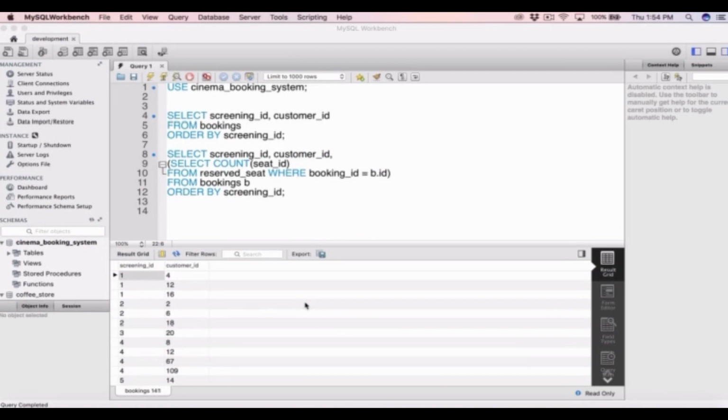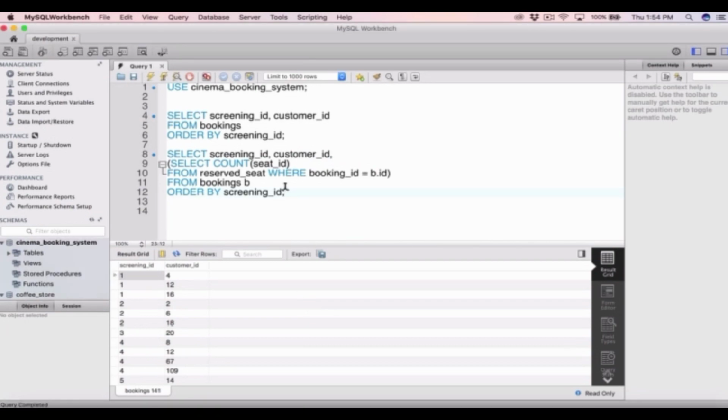Correlated subqueries are where the inner query can't run independently of the outer query. So here we have our example from before. For a correlated subquery, we have select screening ID, customer ID, and then our inner query select count seat ID from reserved seat where booking ID equals b.id, and then back to our outer query from bookings b order by